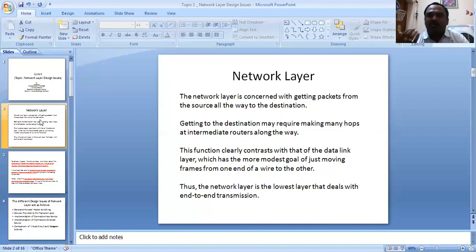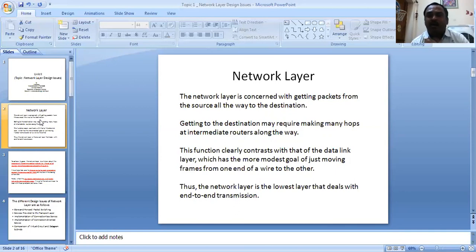One route may be Bowen's College, Sainikpuri, Nirmal Nagar, 5th Avenue Bakery, Sainikpuri Crossroads, Radhika, and then ECL Crossroads. The other route may be Bowen's College, Neredme Crossroads, Sainikpuri Crossroads, Radhika, and then ECL Crossroads. We have multiple routes based on multiple parameters. So these things are taken care of by your network layer.